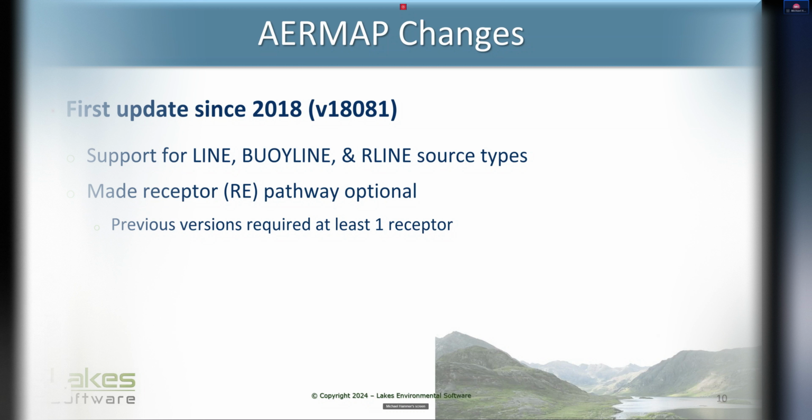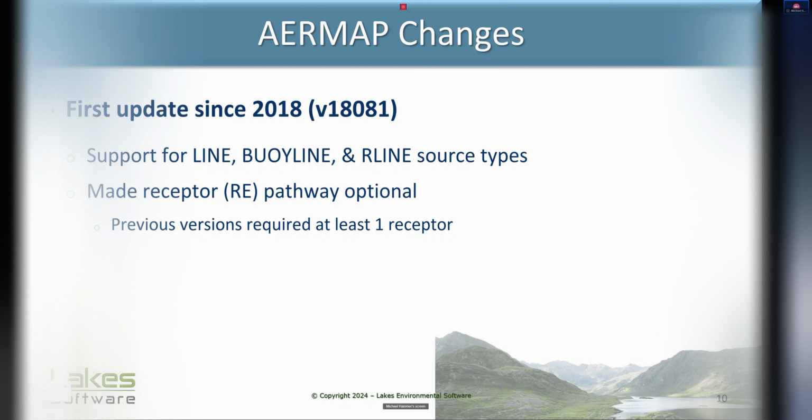That requirement has now been lifted so that AERMAP could be run solely for your sources or solely for your receptors. This means if you've built out a facility and added all of your emission sources to a particular project, you could run AERMAP on just those sources and not also have to include some dummy receptor to get the